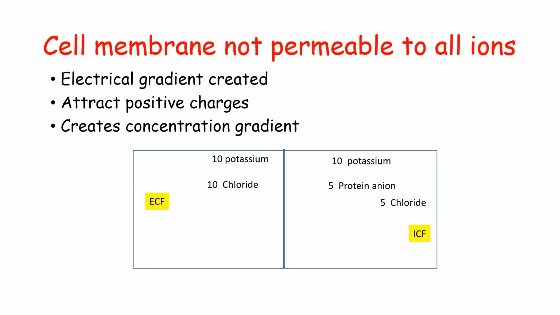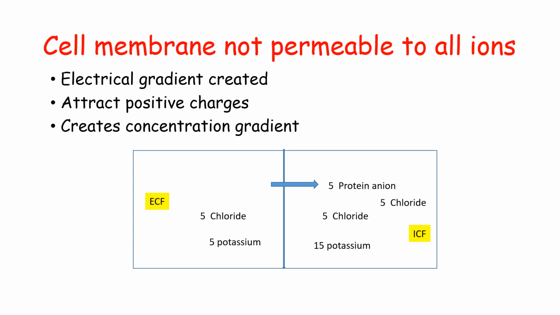So what happens? Again, we go to the similar process: since chloride is not present much in the intracellular fluid, it is less in amount, just 5. So chloride will start moving from a high concentration to a lower concentration, from the extracellular fluid into the intracellular fluid. When chloride moves, it also carries a negative charge, so in order to balance this negativity, there is also a movement of potassium ion. The potassium will also move from extracellular fluid to the intracellular fluid.